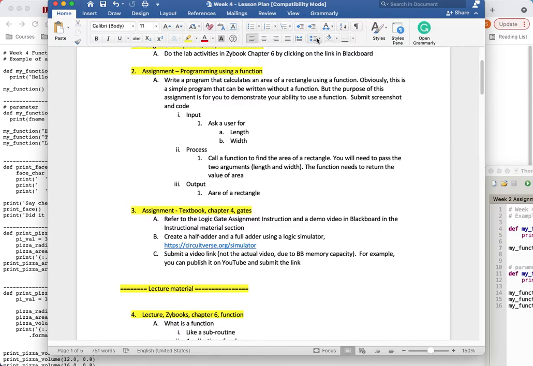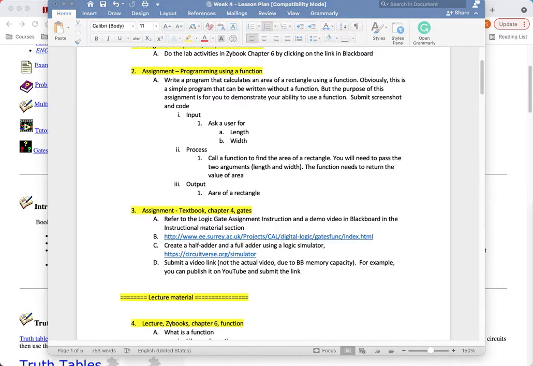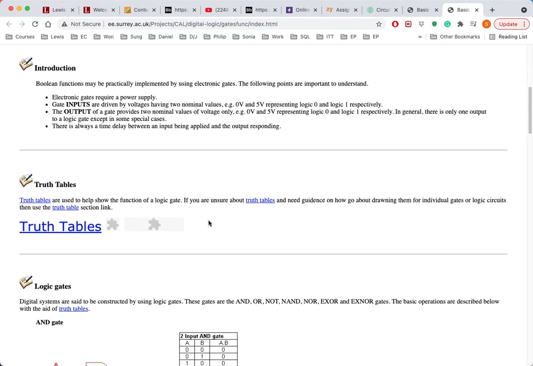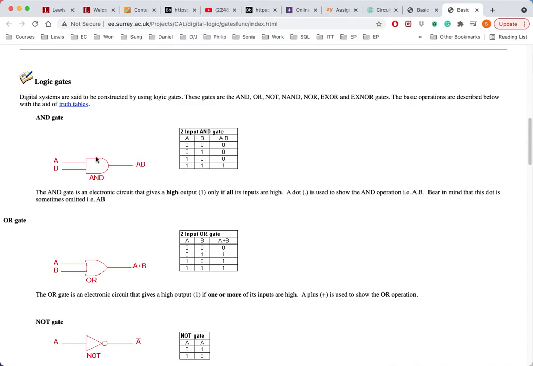Gates, you can look at chapter 4 to understand what gates are and how they are used to create electronic circuits. But here is a basic website that you can go to understand what gates are and what their functions are. Basically, this is a diagram that represents an electronic circuit that has 2 inputs, and this design is called